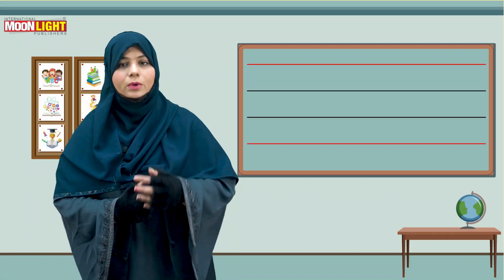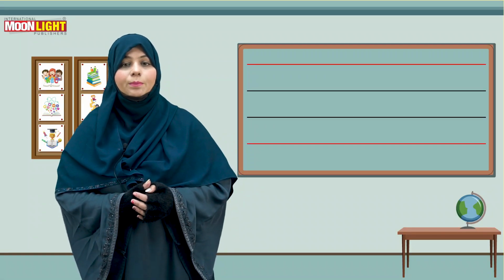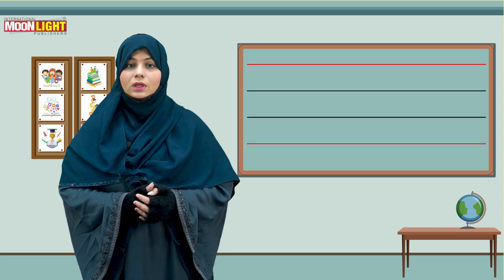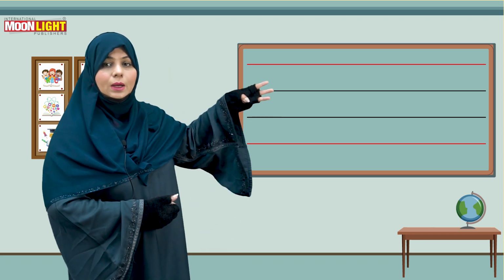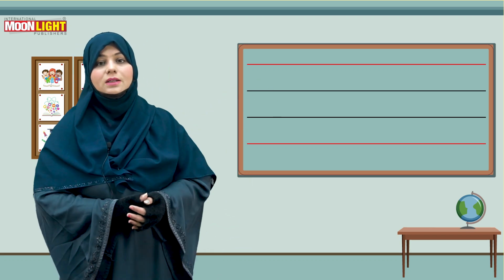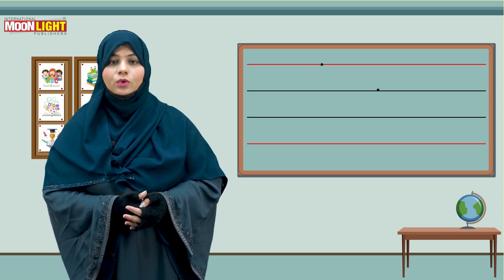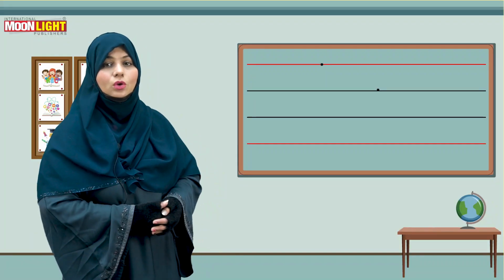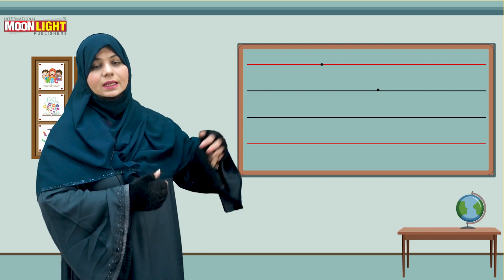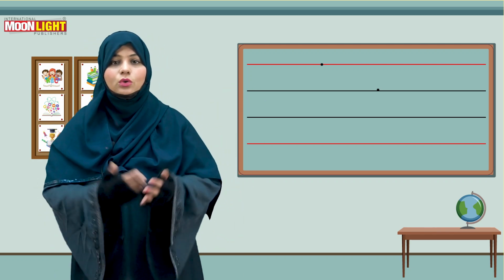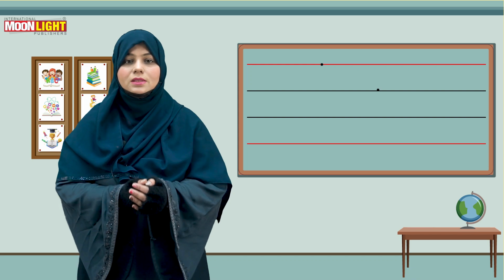Firstly, you have to remember one thing, that you have to write capital letters in upper 3 lines. Capital letter in upper 3 lines. Yes, there are some dots. We have to follow these dots and write alphabet from A to Z. Yes, there is a dot on first line. Like, I am going to tell you how to write from these dot.